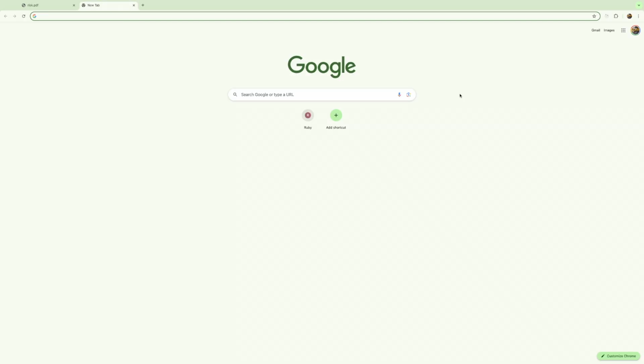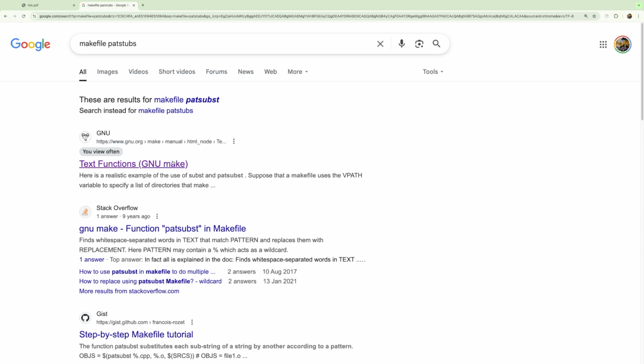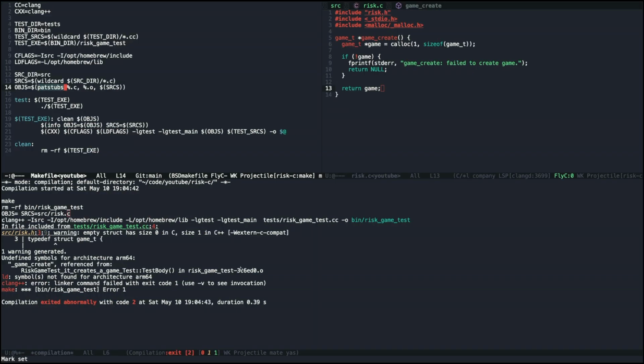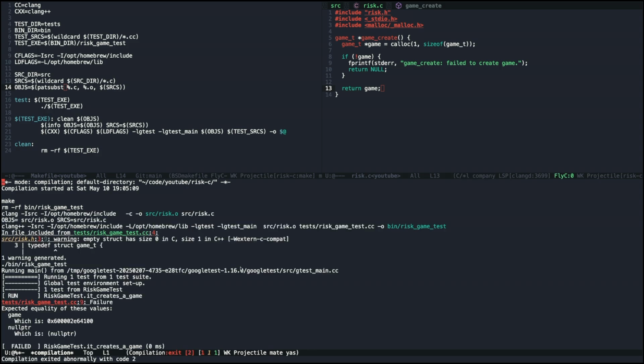Probably didn't spell that right. Makefile and okay. And it's patsubst. Yeah, that wasn't right. So, yeah, okay. That works now. And as you can see, it's put this in here,